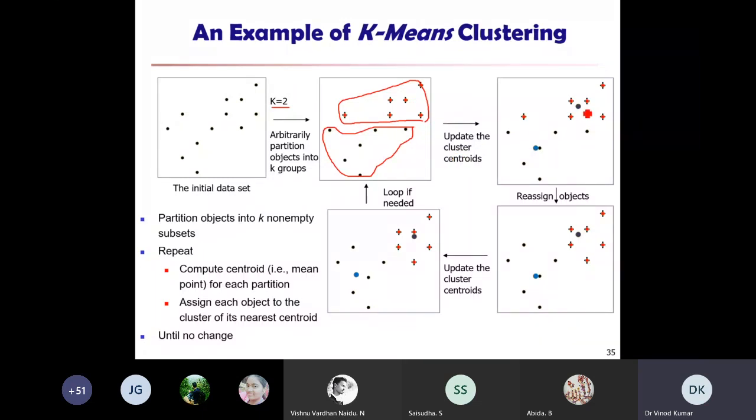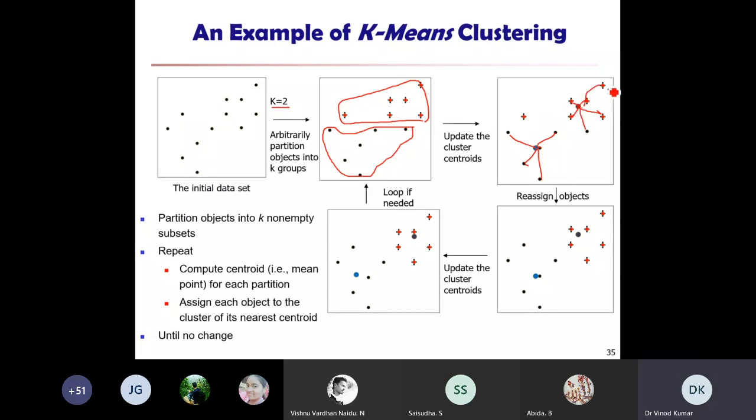After updating the centroid, we come up with this as a center, and for this cluster we come up with this as a center. Now the distances for all objects will be measured from these. You can see here, so like this we will do the grouping.